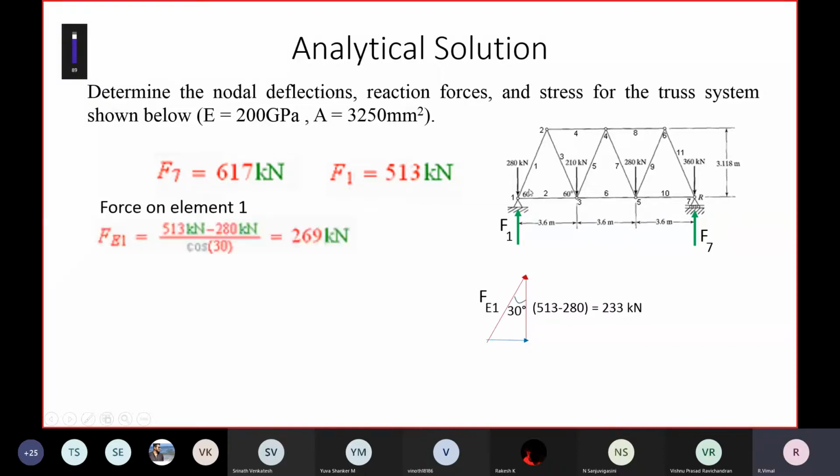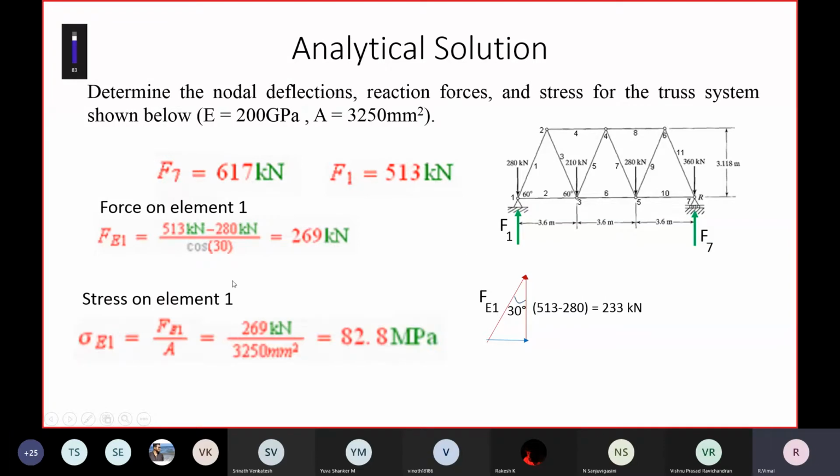Then for this particular element member, what is the force acting? For this, again, we use the concept of resolution of forces from engineering mechanics. By resolving this, we calculate FE1 as 269 kilonewton. If you do this mathematically, you have to do it for every link, which is quite a cumbersome process. This can be eliminated by using ANSYS software. Just for a sample reference, we have shown only FE1. If you have to do the calculations for FE2, FE3, it will go on and on. It's time consuming. With the help of ANSYS software, you could get these solutions with ease.